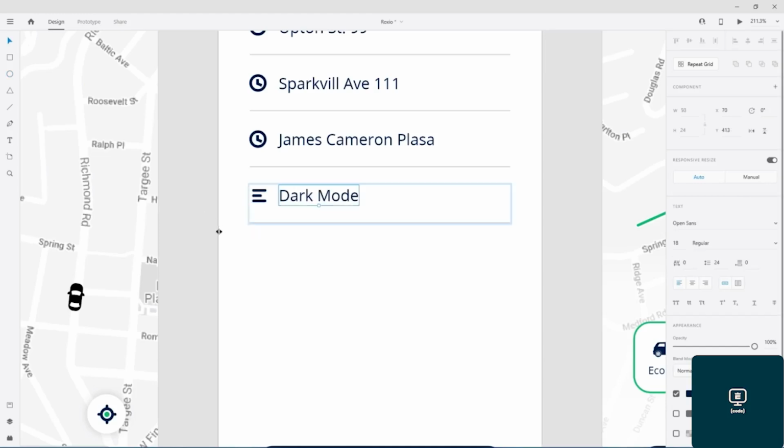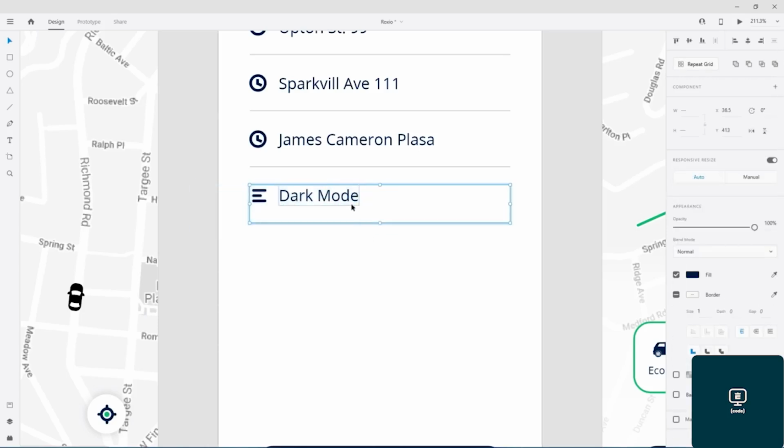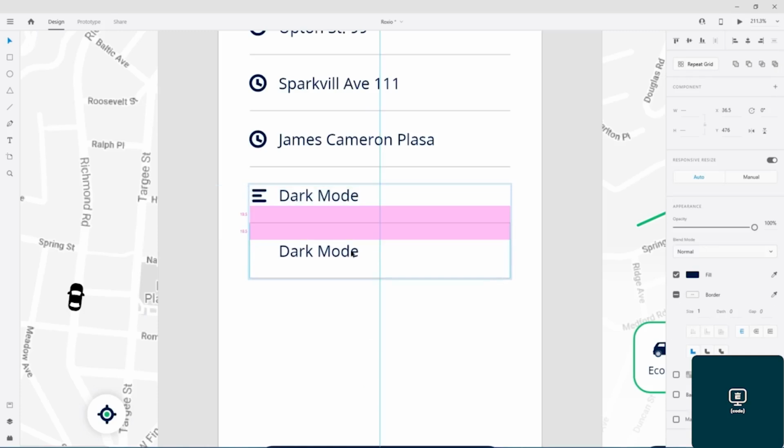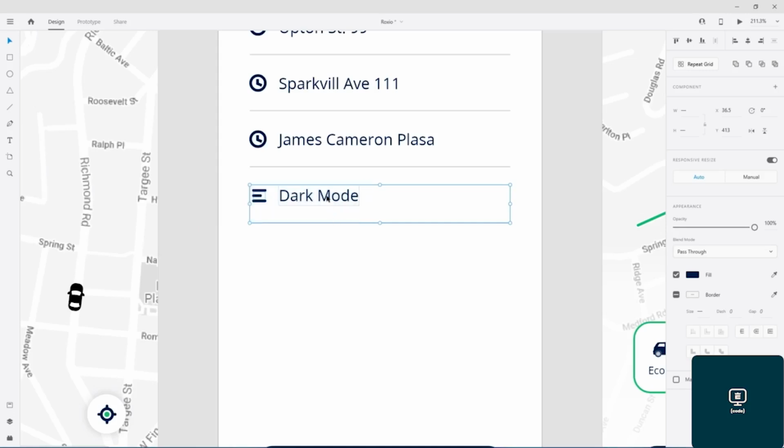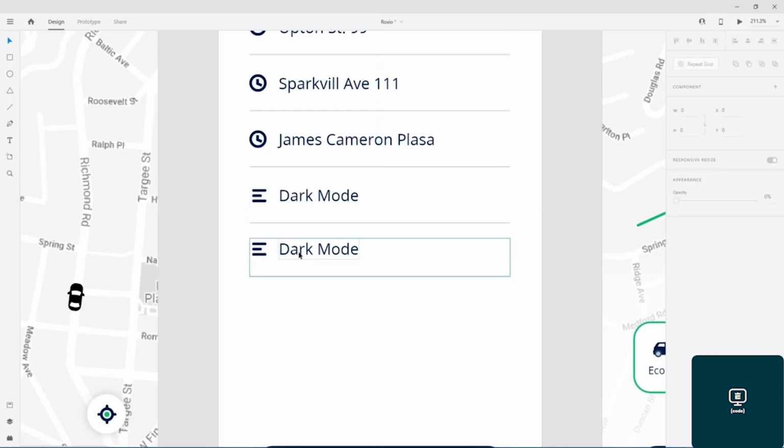I make a copy from this. Okay. Paste it here. And I write